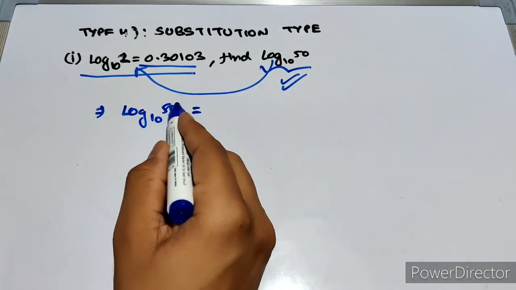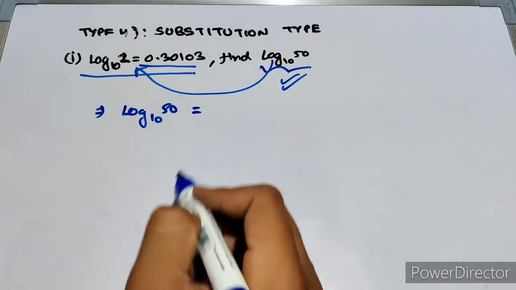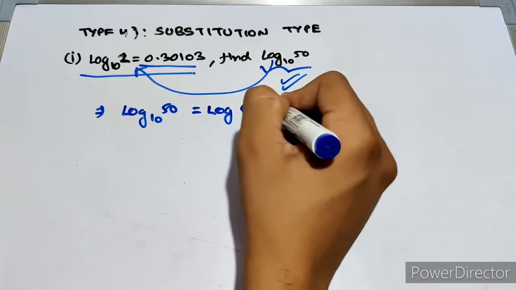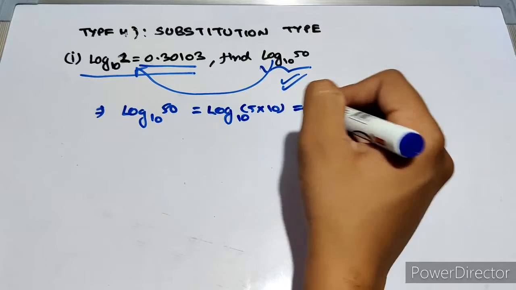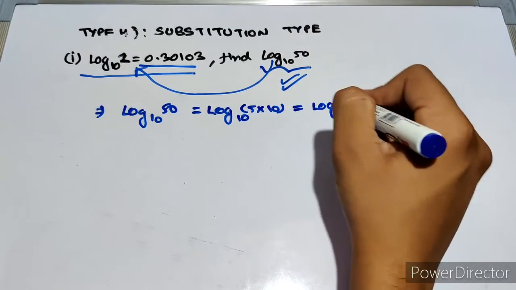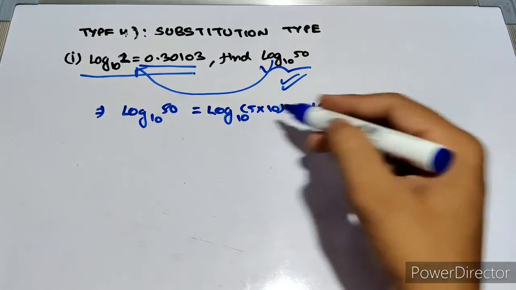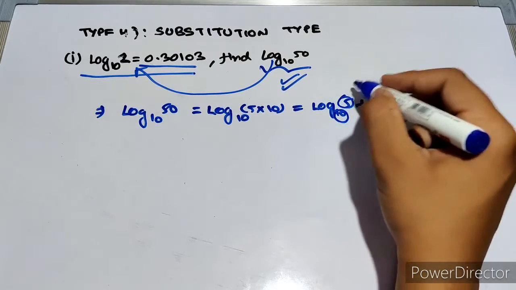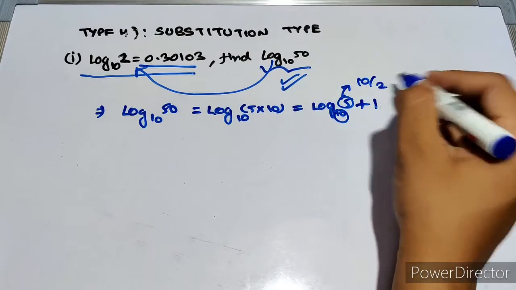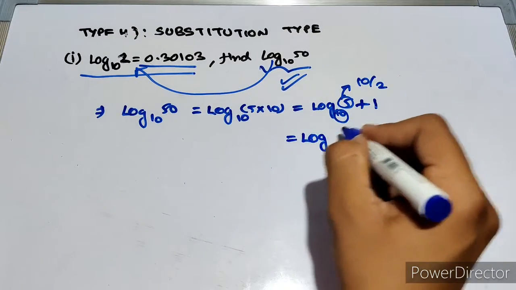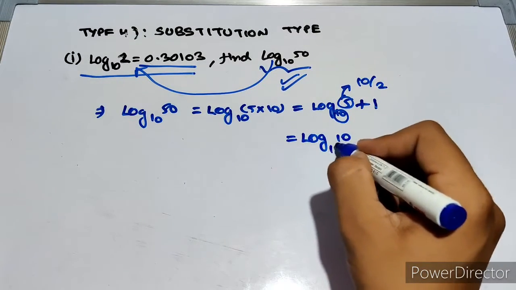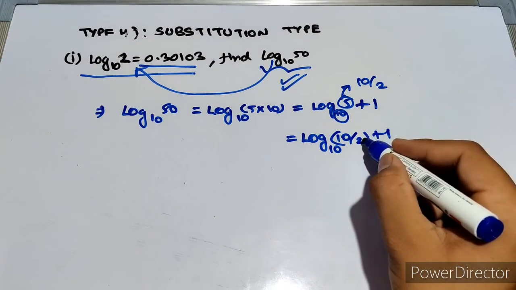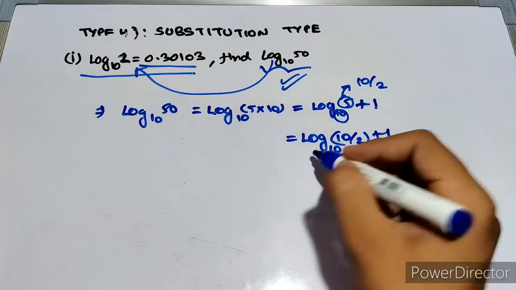देखो अब बेस में 10 है तो आर्ग्यूमेंट में भी कुछ 10 का मल्टीप्लिकेशन फॉर्म या डिवीजन फॉर्म बनाते हैं. तो we can write 50 as 5 into 10. This multiplication can be broken into sum, so it will be log of 5 base 10 plus log of 10 base 10, which is 1. Now again we have 10 in the base and 5 here, so we can write 5 as 10 by 2. So similarly this will become 10 by 2 plus 1, and since it is a division we can make it as a subtraction here